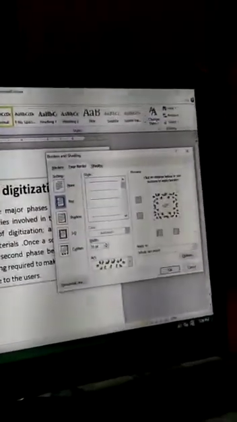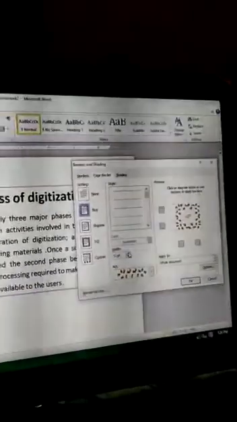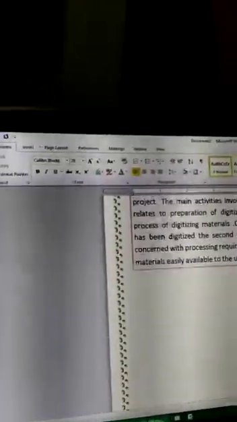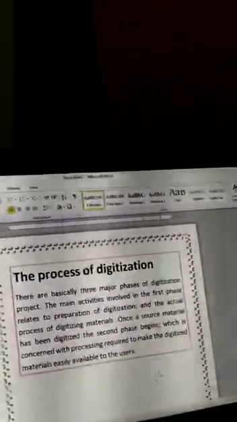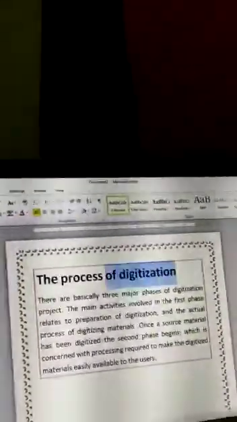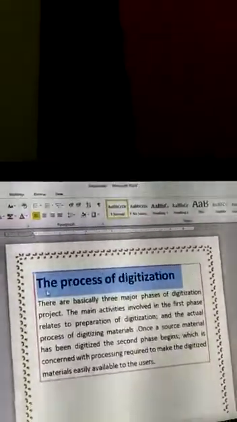So I will select art. Okay, and I can select the thickness of this border this way. This arrow is for increasing the width, and this arrow is for decreasing the width. I am going to decrease the width. I think all of you are able to see. After that, click on OK. Okay, look at this. This page has a full page border. This way you can apply the paragraph border and page border.